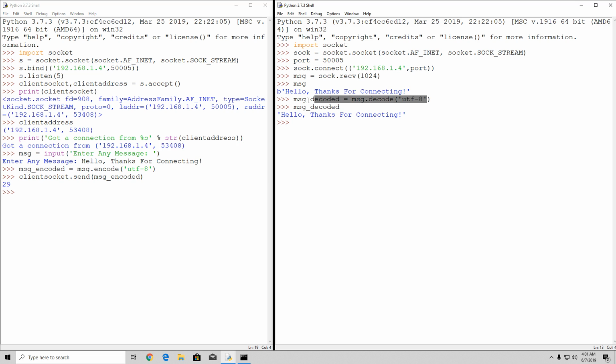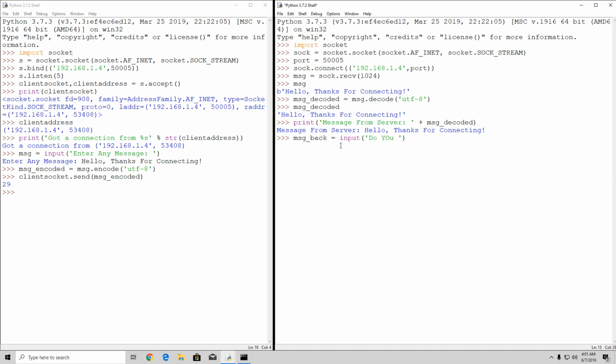code, as we can see right here. The same goes if you want to perform the reverse action, with the client sending the message, as we will see in just a second, and the server receiving the message. You need to perform the same action. So right here, once you actually receive the message, you can simply type print "message from server", and we will simply concat message_decoded, press enter, and you will see "message from server: hello, thanks for connecting". Then we can simply type message_back will be equal to, let's say, input,